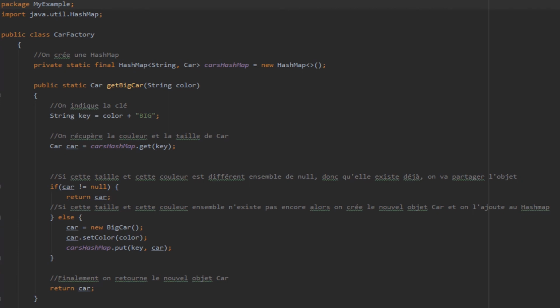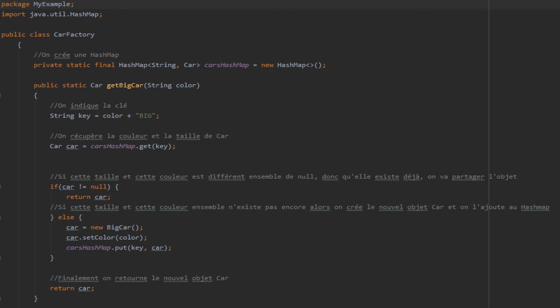So thanks to this HashMap, we will be able to see if the object we want to create already exists or not. The CarFactory class implements three methods, one for each concrete flyweight. So we have getBigCar, getNormalCar, and getSmallCar. On this screen you only have getBigCar, and that's the one I will explain.